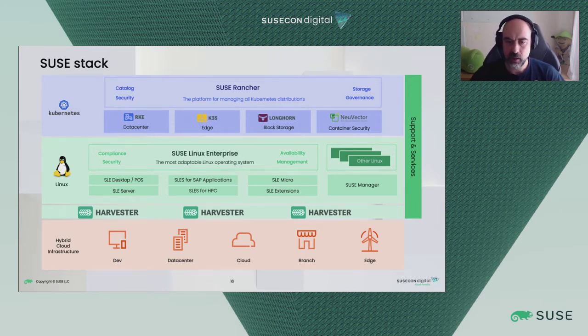Last but not least, we have Harvester, one of the new products in the portfolio. What Harvester does is help to link Kubernetes workloads or traditional workloads to the hardware. Okay, Harvester is a cloud-native virtualization layer that runs on top of bare metal, and it's quite common nowadays in many of those scenarios because,